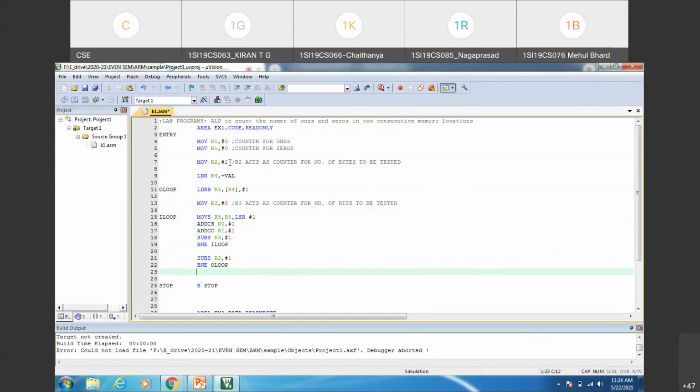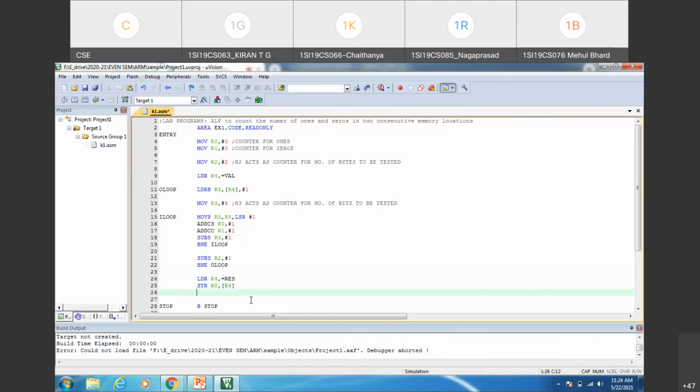So how to write it into 2 consecutive word locations? Once the outer loop also terminates, I'll write LDR R4, comma equals result. R4 is acting as a pointer to the result location, and I can use the STR instruction. STR R0, the ones counter, comma content of R4.